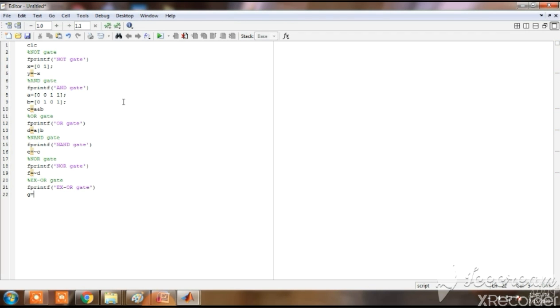Now G is equal to XOR of A comma B. So now save the file.